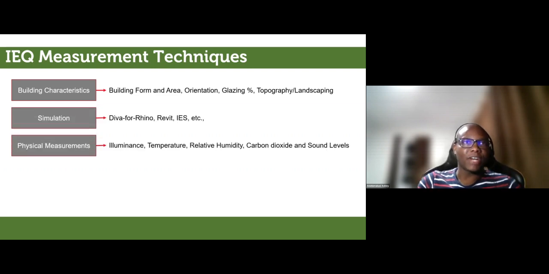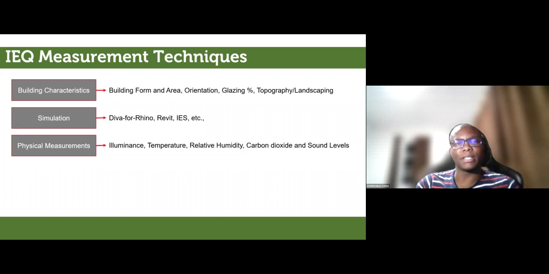Simulation software such as Rhino and IES can be used at the preliminary design stages to check whether the building will have good or poor IEQ. And post-construction, you could install what I call internal environmental monitoring devices, which are typically called data loggers or sensors. They can be used to verify the performance of a building when it has been built and compare it to the intention, or to the results of the simulations that were used when the design was being done,